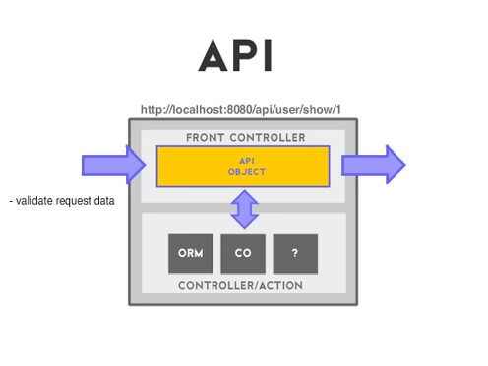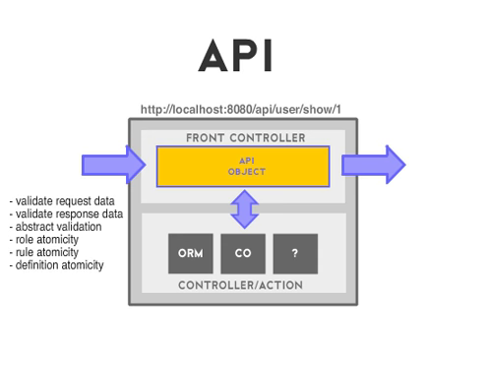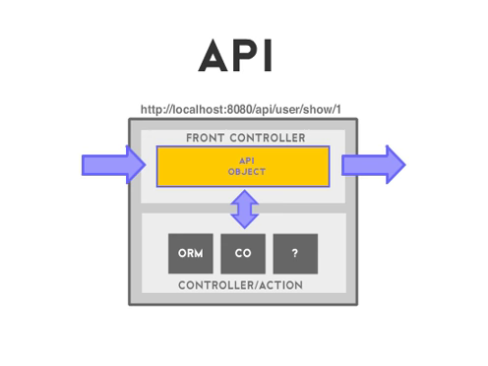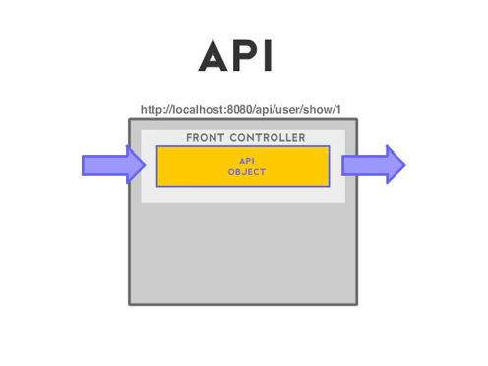This would allow us to validate the request data, validate the response data, abstract validation from the controller, have role and privilege atomicity, have rules atomicity, have definition atomicity, have mock data for the API docs, and consolidate and abstract the API logic. In this paradigm, we break with the old mindset of thinking of URLs associated with data and start thinking of URLs associated with objects that define that data and the rules for accessing said data, thus creating reusable objects and rules for our APIs.